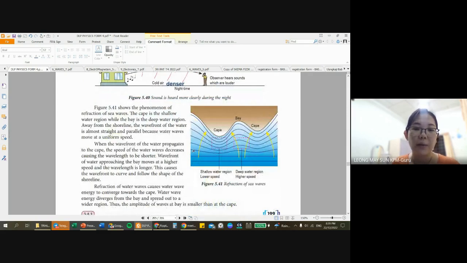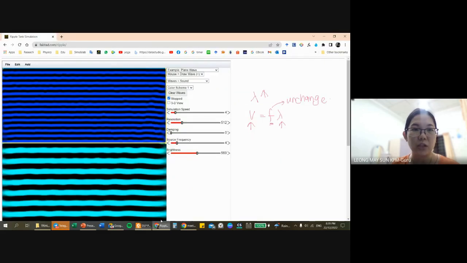Okay, now with that, we're going to the next part of refraction of waves, which is quite a famous question. This question is regarding the cape and bay at the seaside. At the seaside, we will have the cape region and also the bay region. So let me just quickly